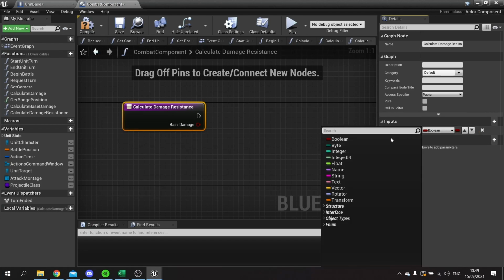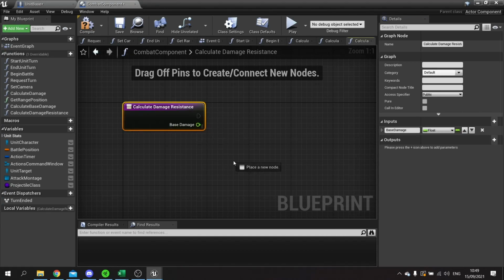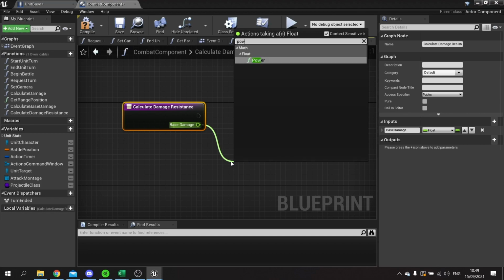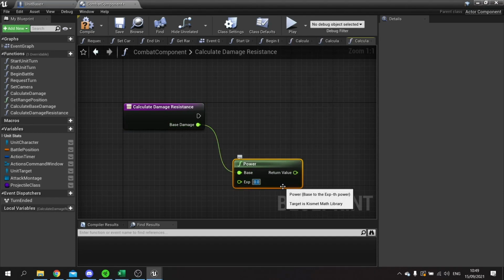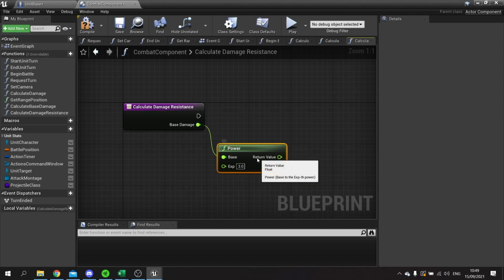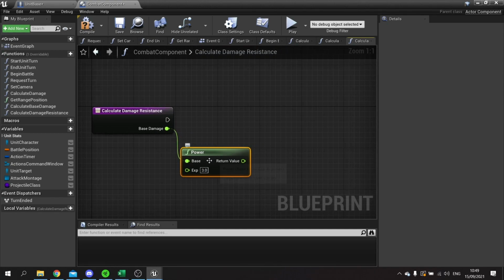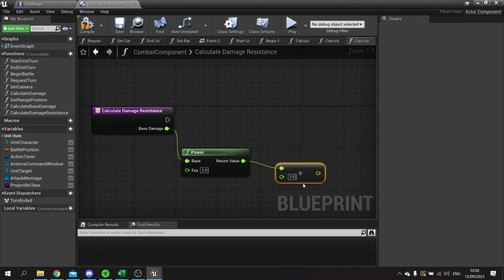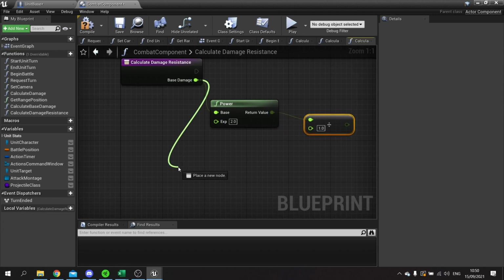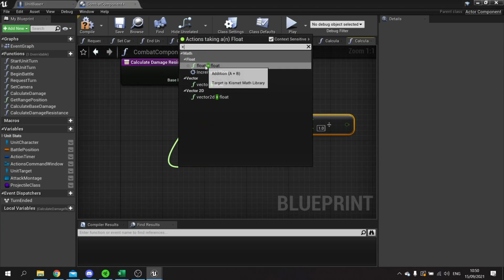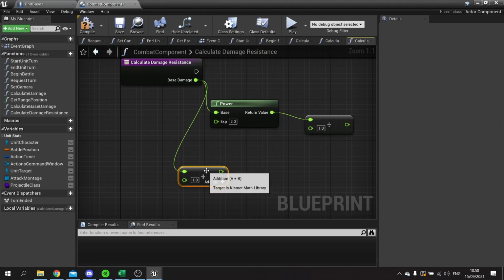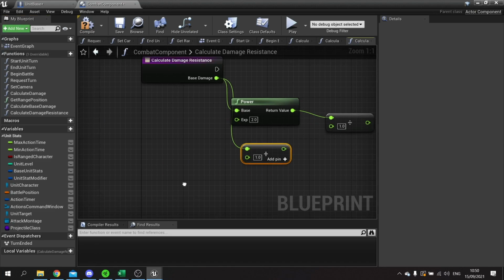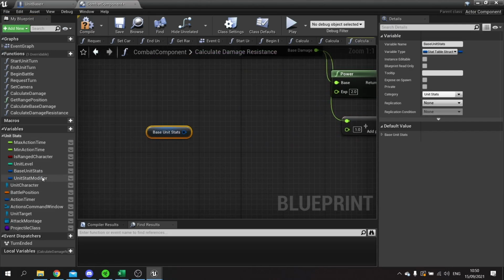And that'll be a float. And we want to take this and we want to cube it. So we're going to do power and put the exponential to 3. And then we want to, not 3, sorry, to 2. Sorry, my bad. And we then want to divide that by the base damage plus the stamina of the character. So we get the stats, the stat modifier,